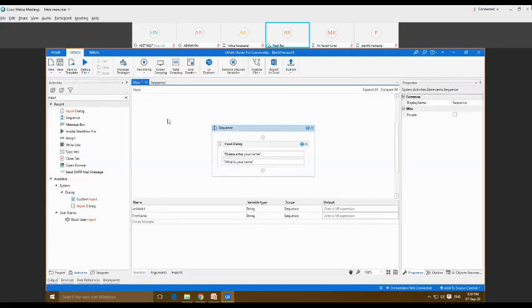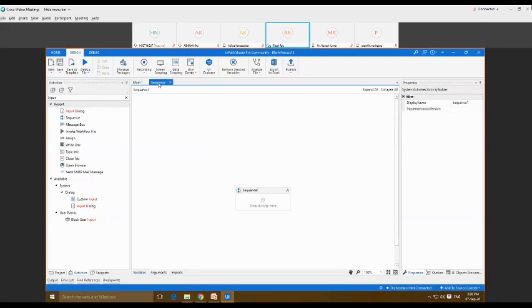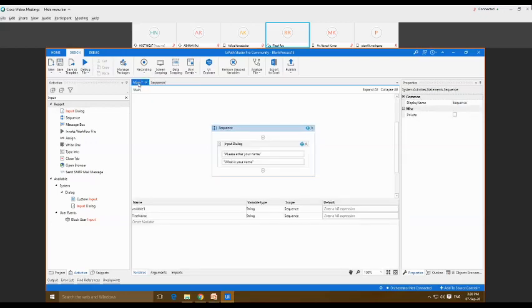This is my first sequence file, and this is the second sequence file. A variable is what you create to store information or data, and it only passes that information between the activities within this particular sequence file. But if you want to pass data from one sequence file to another, from the sequence to the sequence1 file, you have to use an argument. To pass data from one workflow to another, we have to pass the argument.